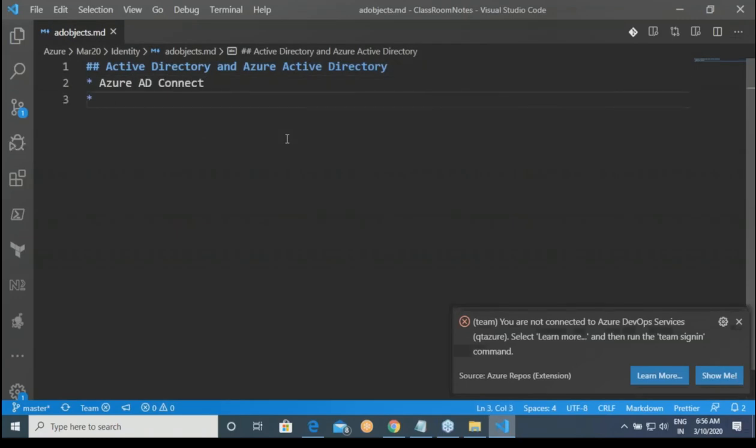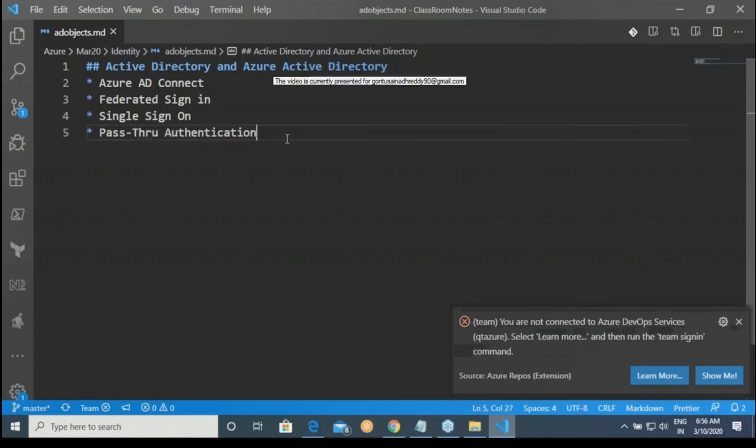The other one was federated sign-in and single sign-on. And the third one was pass-through authentication. We'll basically look into all the approaches, but we'll be using Azure AD Connect.